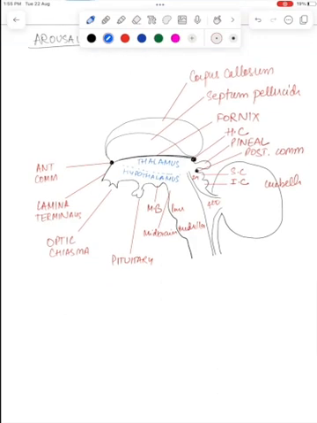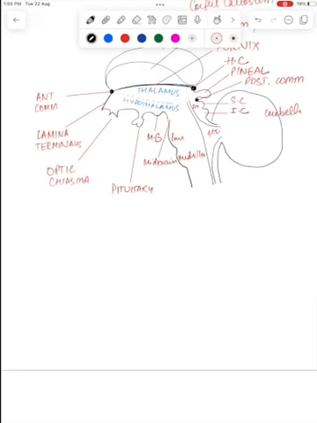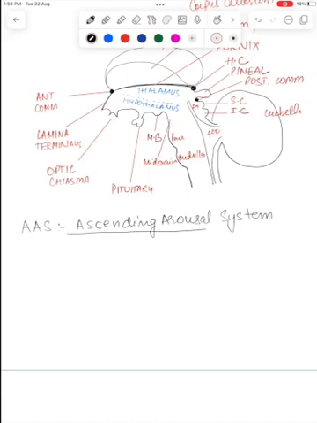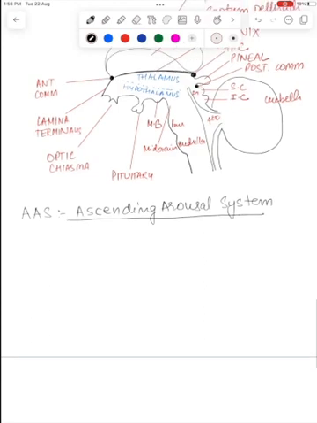So once we know this basic architecture of the diencephalon and the brainstem, we can move ahead to naming the various nuclei that are involved in the arousal. Now, the various nuclei that are involved in the arousal are bunched together into something known as the AAS, also known as the ascending arousal system. So the ascending arousal system is a bunch of nuclei that have various connections. So what are the important ones, right? The important ones that you need to keep in mind are,